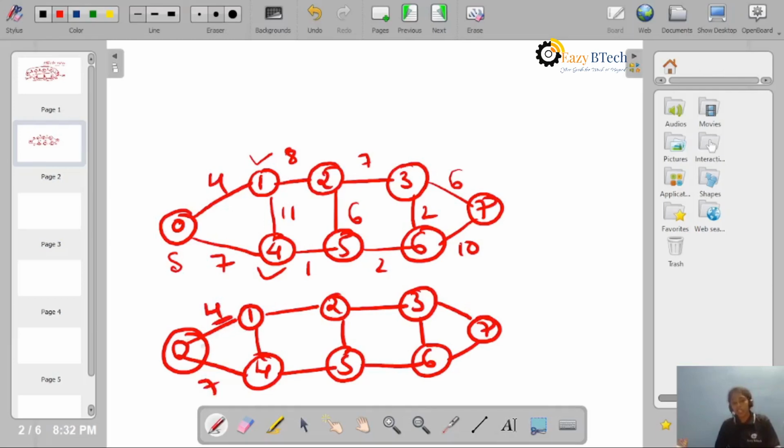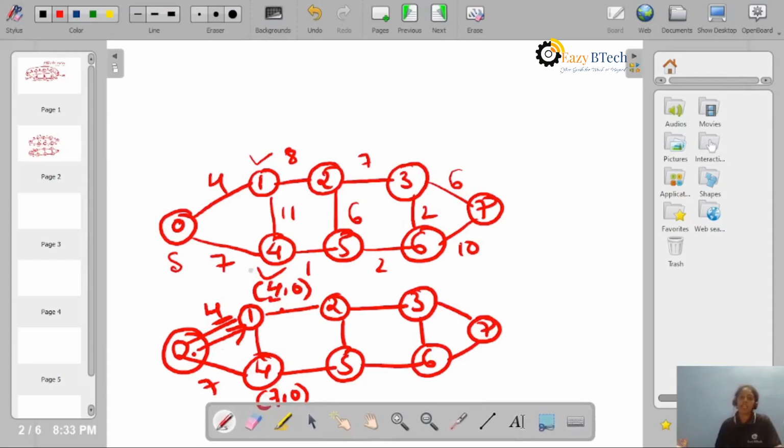So we can establish a route from 0 to 1. Source vertex to next node is 1. So here 4 comma 0 and 7 comma 0. 0 means where that particular cost is coming from, that is the particular vertex. So 0 vertex and the minimum cost from 0 to 1 is 4, from 0 to 4 is 7, right? Okay, so we set a path from 0 to 1 because 1 has the minimum